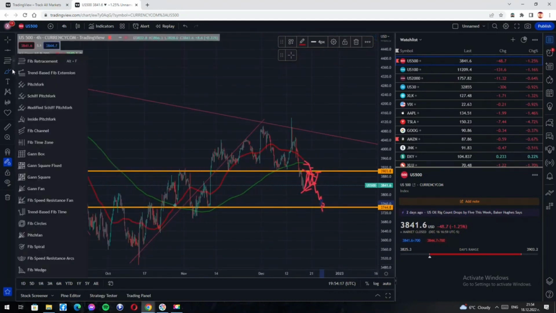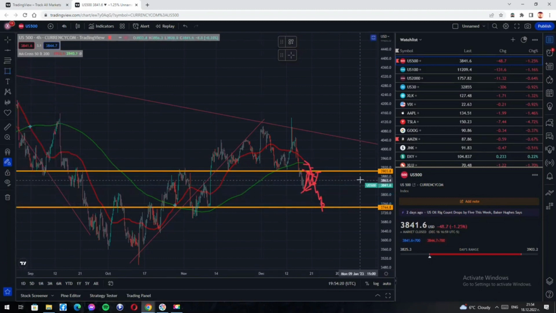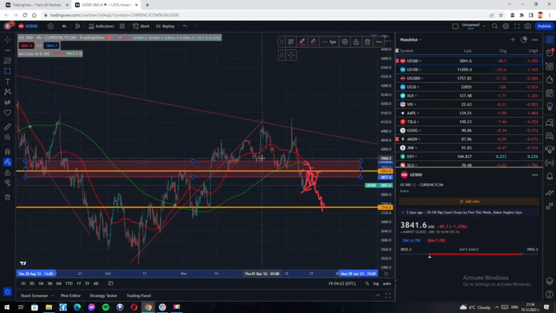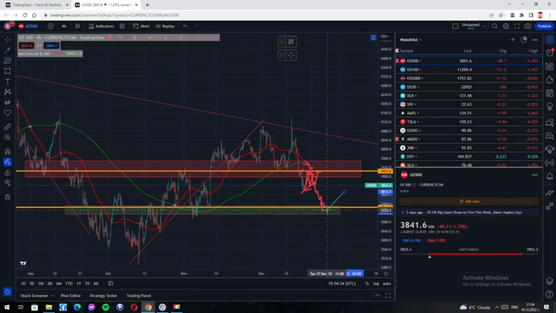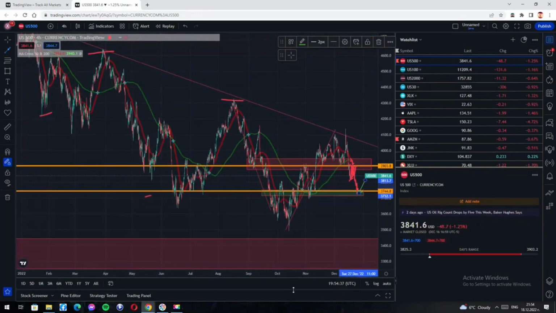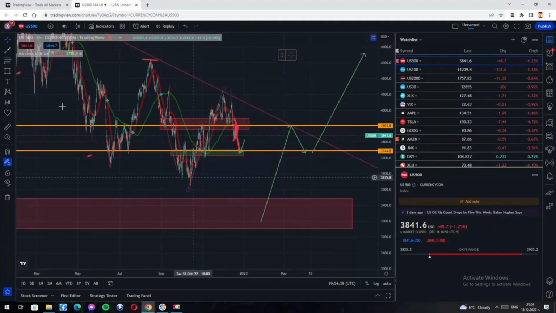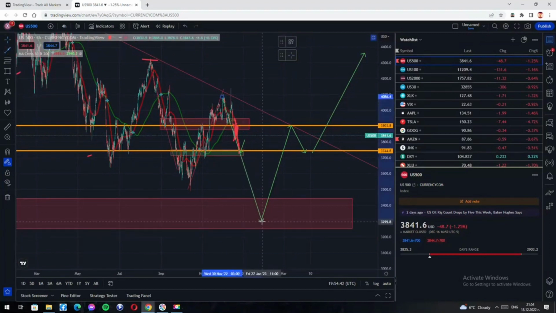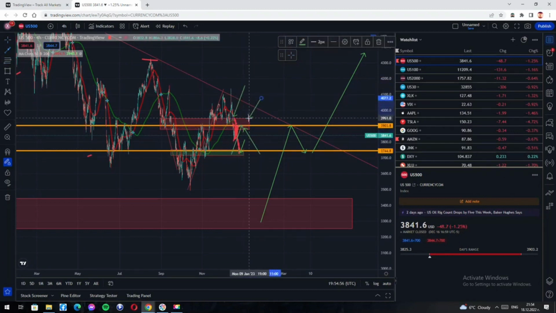So just to show you what I will do, these levels here will be a short opportunity, and on Friday I will be looking to buy some longs. But it will be short-term longs, because I believe, as I said previously, that the S&P is going right around there, somewhere around January to February next year. So every long is just short-term, every short is for the next months. I will be acquiring shorts right here, very hardcore.